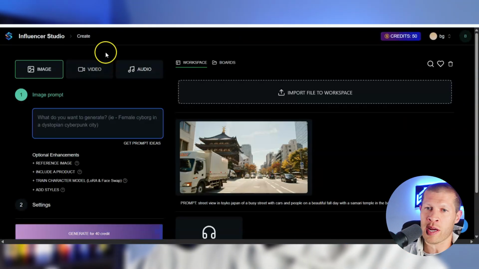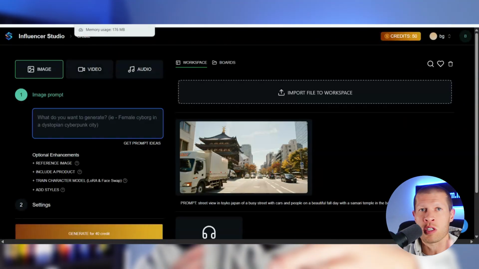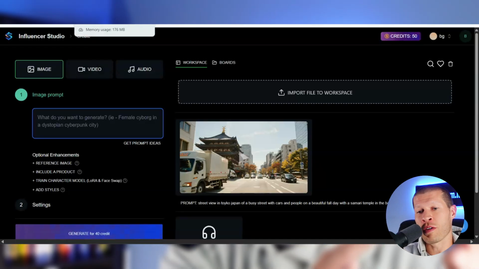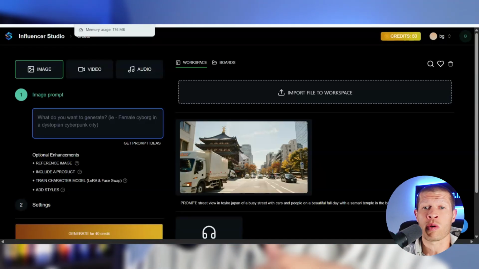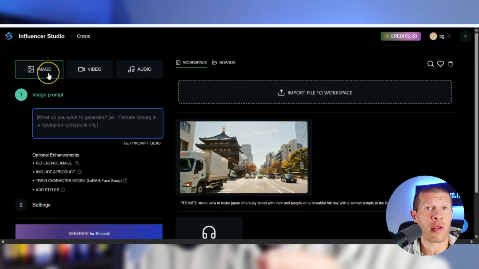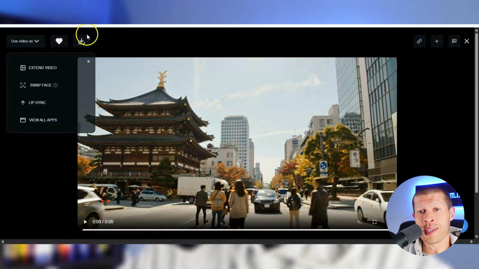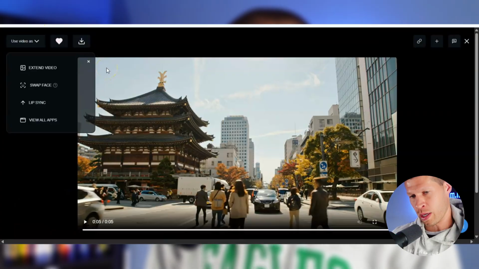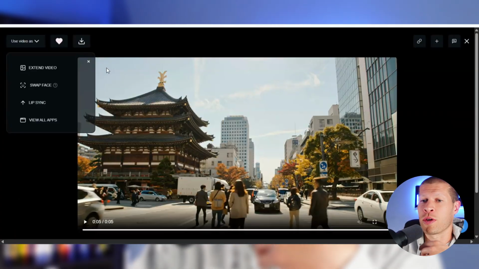Like I said, it has the great image generator if you're doing AI influencers, which I've talked about in a number of other videos on this channel. That's not what this is about because I don't use Influencer Studio specifically for that, although you can. It's great. What I use it for is the video. So this is going to get you B-roll if you're doing creator rewards program stuff. You can just generate